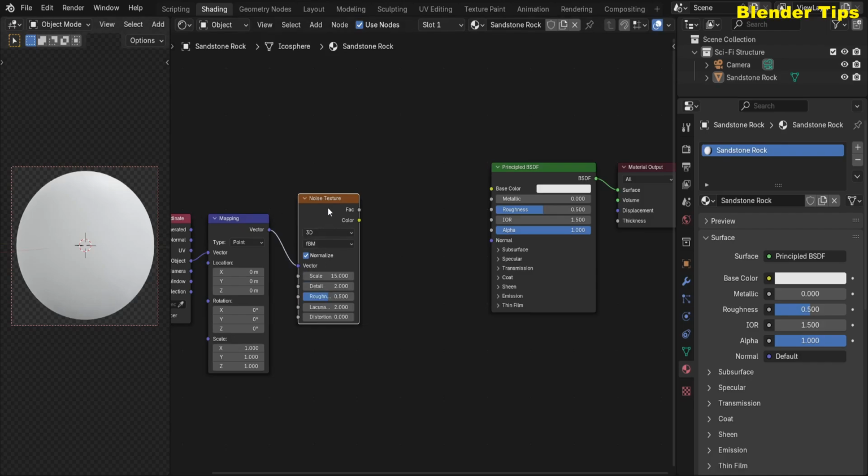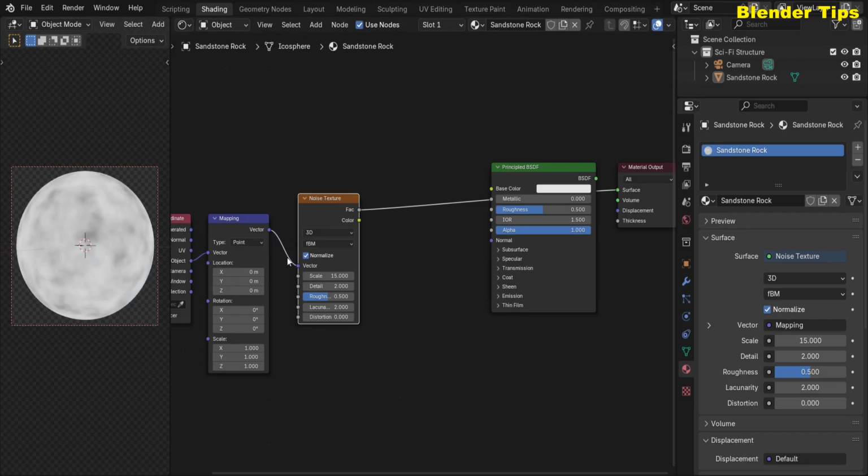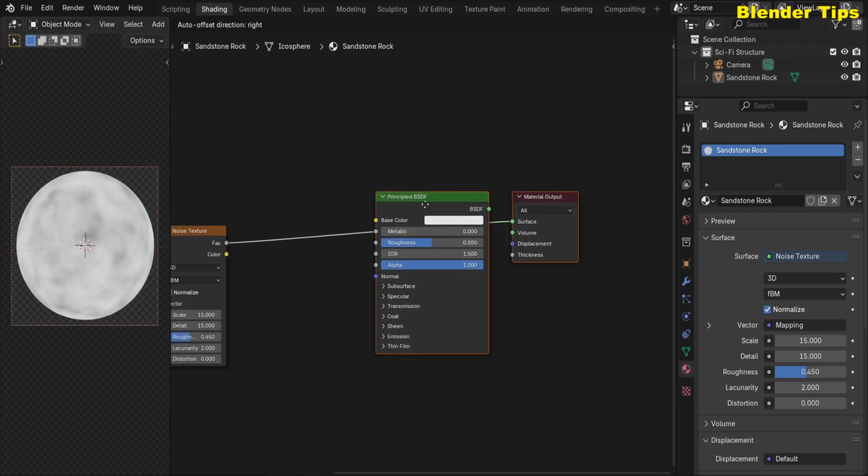First I preview this by selecting this and pressing Ctrl Shift to preview the noise texture. This is also a feature of the Node Wrangler add-on. And here I increase the detail up to the max, which is 15, and decrease the roughness to 0.450. Now this is looking nice, beautiful. Move this node here